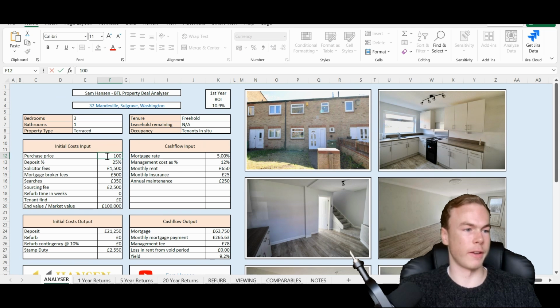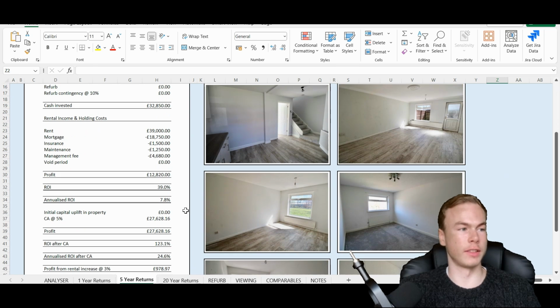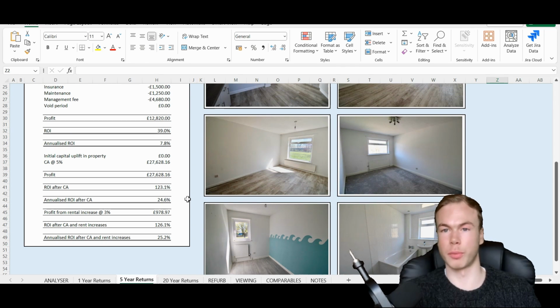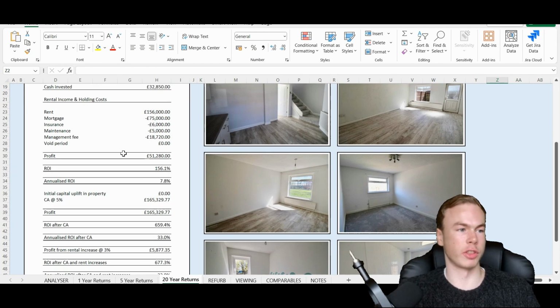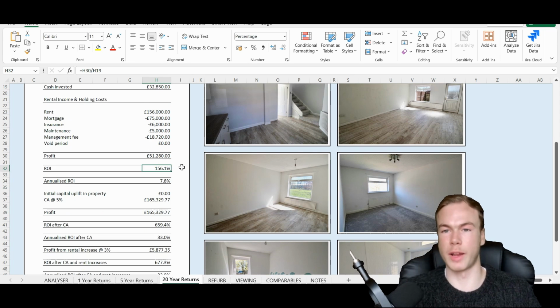So if we scroll on to the 5-year, obviously now after 5 years at 5% capital appreciation, it'll have gone up £27,000. And then you also see a nice little bit of profit from the rent increase as well. And then if you want to look at the 20-year returns, the investment stays the same and then it annualizes your return on investment. So it will say you'll make £51,000 in profit from holding it over 20 years. That is a return of 156%, but that's over 20 years, so that equates to 7.8% per year,